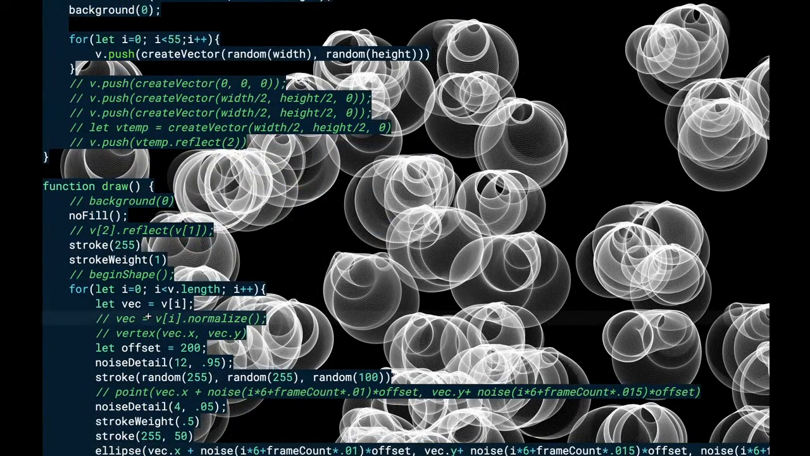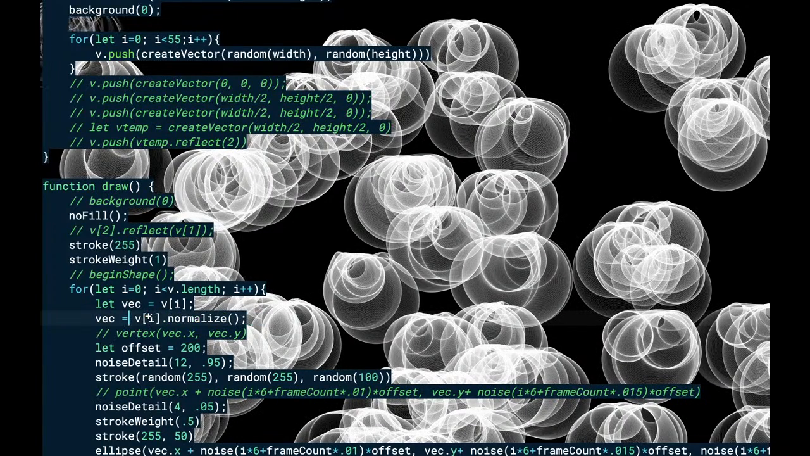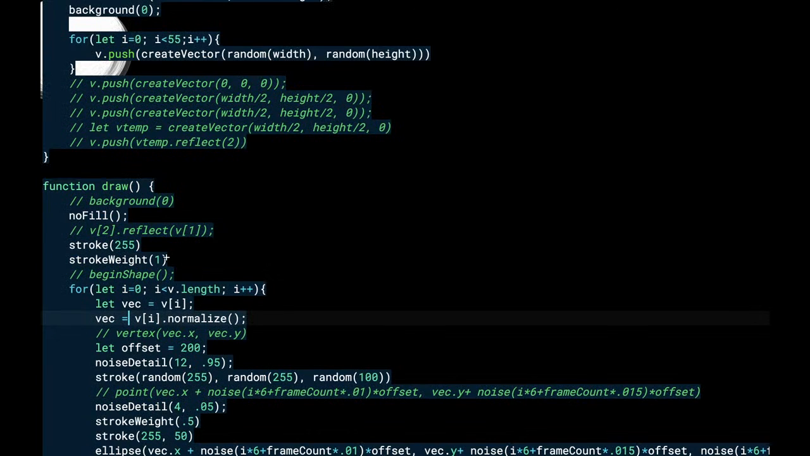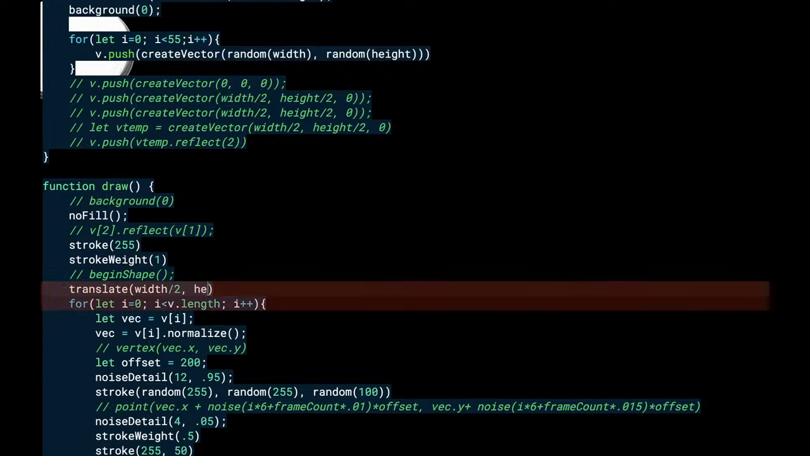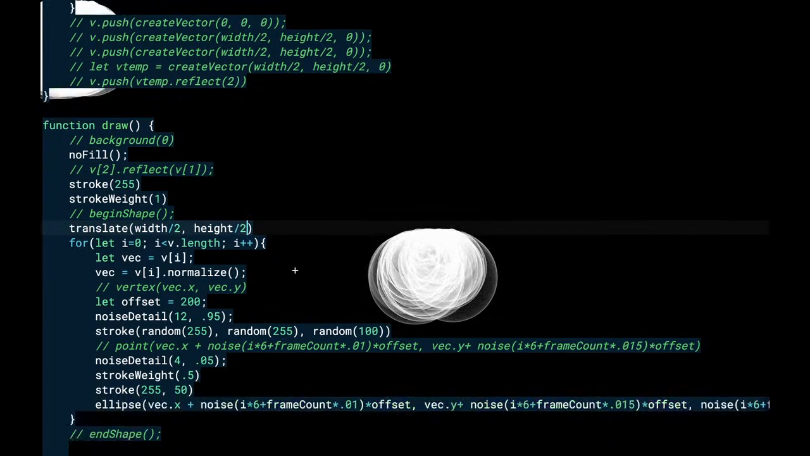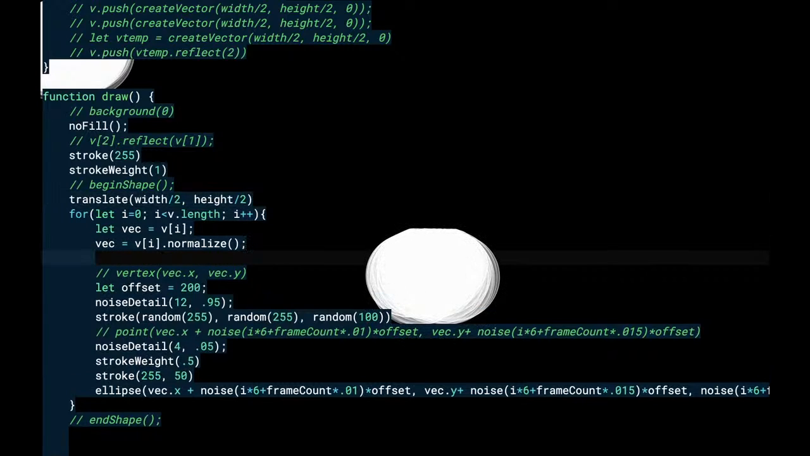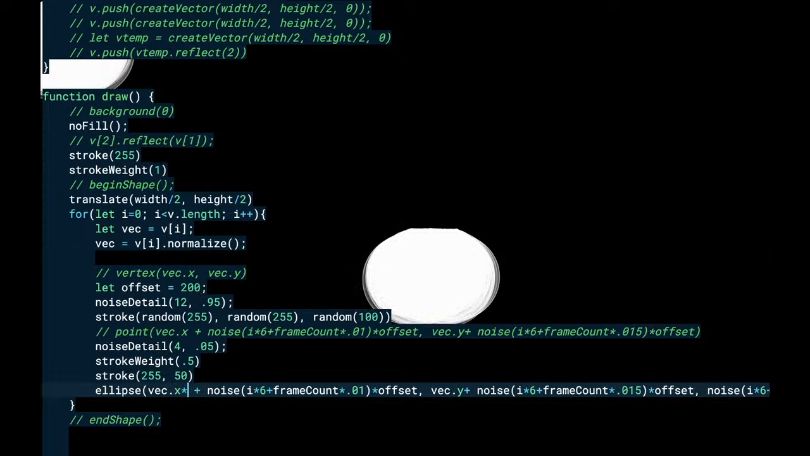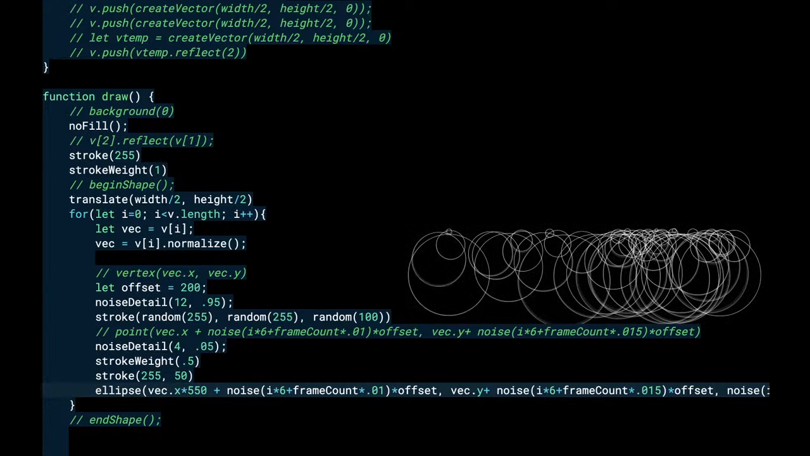What happens if I bring back normalizing? We took this away a while ago. And I believe if I just take this away, they're all going to draw right in the center. So if I say translate to the center, where they're all drawing up in the corner, then I could do something like multiply these things by 150, 550,